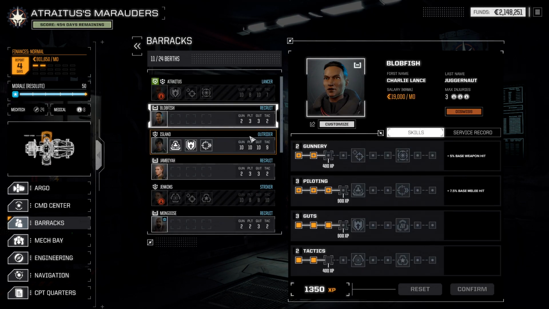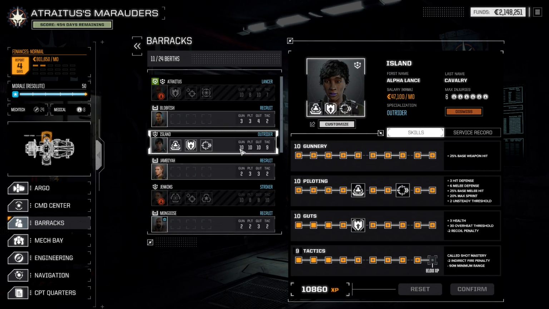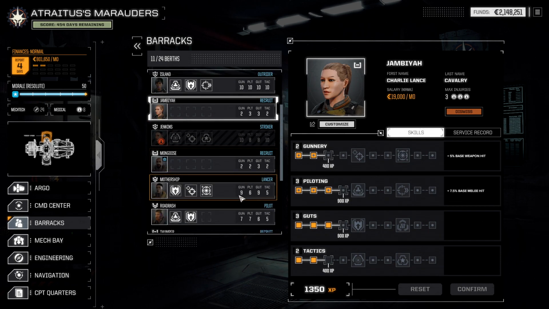Ready for orders. Let's see. Yes, Blobfish, Commander, can go ahead and go... You are a Juggernaut. Okay. You can grab a point of gunnery and a point of guts. There you go. Yes, Commander. Island is our first maxed mech warrior. Mech warrior training complete. Done. Okay, so with Island maxed, that means that we don't want to run Island anymore. Ever. Yes, Commander. We're going to be running primarily...